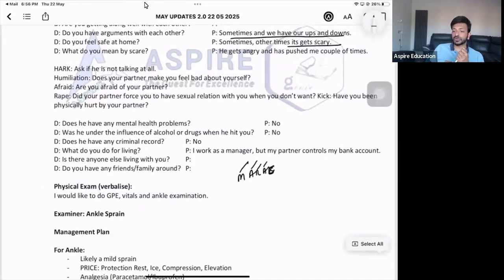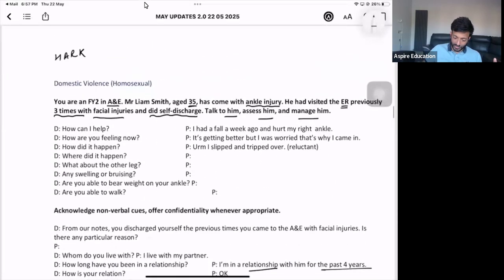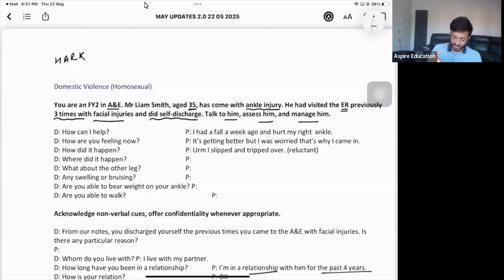GMC website says do not offer confidentiality straight away. So when is a good time to offer it? Yes, doctor, I always use this dialogue as well, that GMC website says do not offer confidentiality straight away. So what you do is you start the scenario, right? And you try getting the history from the patient, you try reassuring the patient, but then after a couple of minutes, you've seen the patient is not opening up, or what history the patient is giving to you, you know very clearly that the patient is lying to you. And then you will offer confidentiality, right? For example, when you see this scenario, it says patient has got facial injuries as well. Now patient is presented with ankle injury.